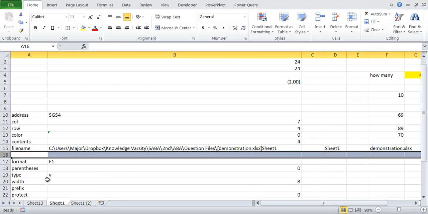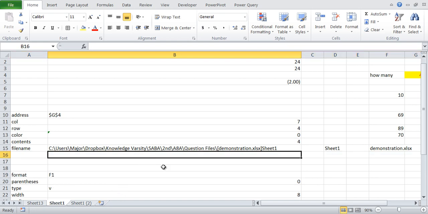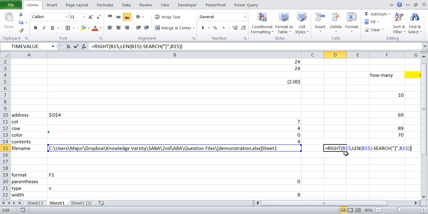Since we have already done the text functions, we want to know the name of the sheet on which you are working. So you have to extract this. It can be done using the RIGHT function, but you have to search for this closing square bracket. I have written a code for this here.